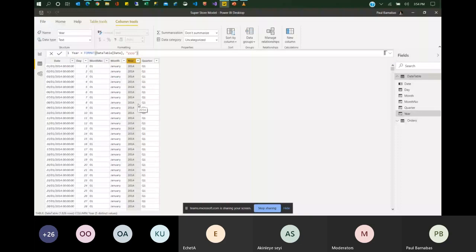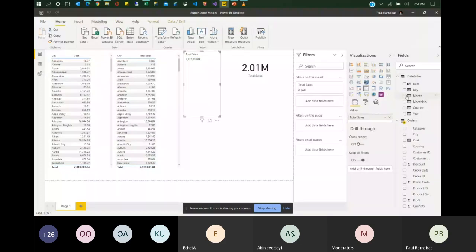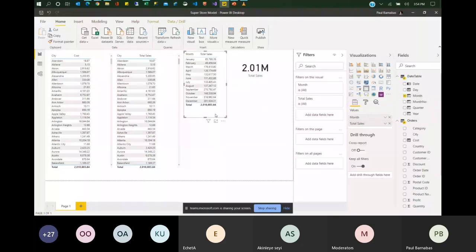Okay. So this should work by the time we introduce our month. Okay. So we are back to normal. So ensure that when you set a date table to be recognized by Power BI as a date table, do not use the helper function. Always ensure you use the format function.